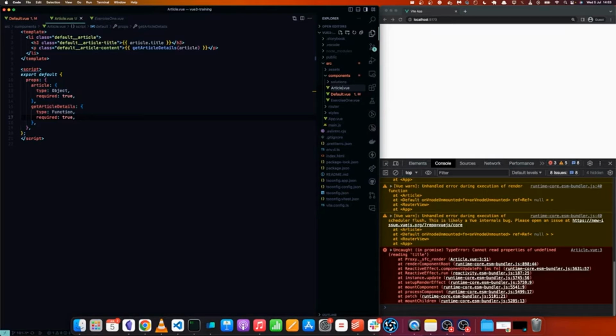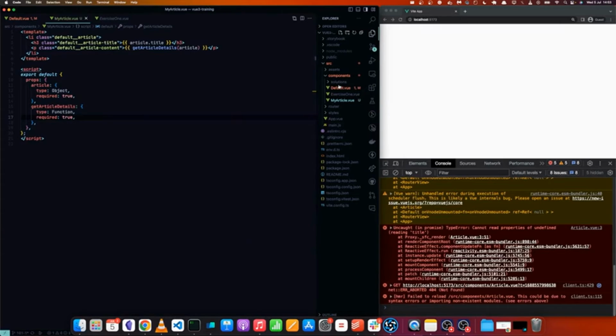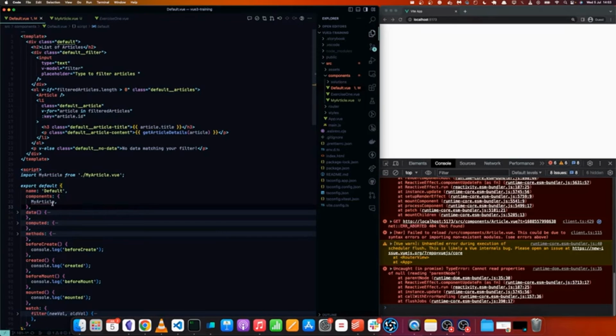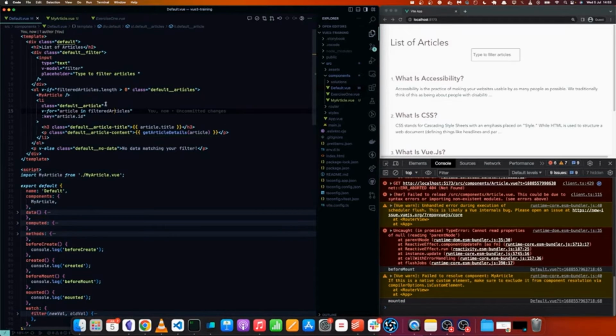So in this case, we'll just say this is going to be my article, for example. And we will come here and say we want to call this my article, and then we will simply import that there. So here it says that it has been registered, and the registering is adding it to this object called components, but it has not been used. Up here, we have said article, we'll replace that with my article. So right now,